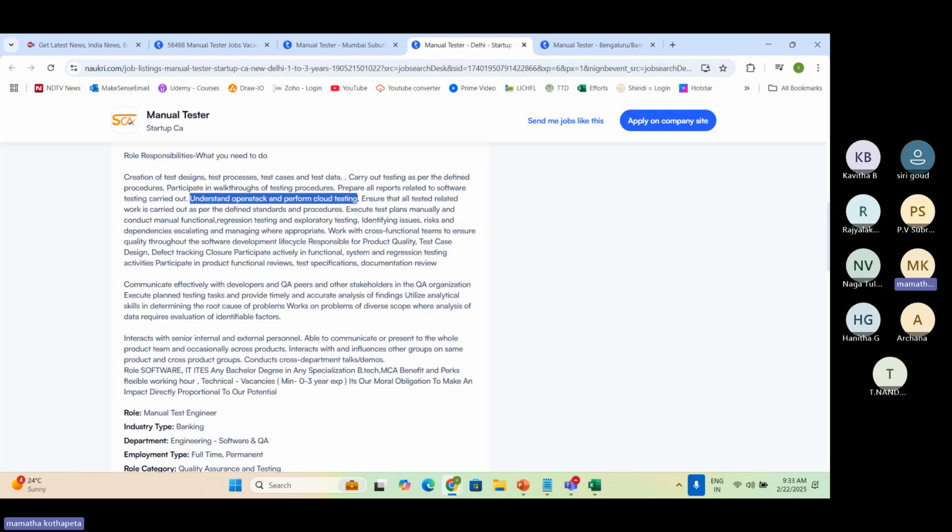understand OpenStack for some cloud testing, ensure the test cases. See, all work with cross-functional teams, ensure the quality in the software development life cycle, test case designing, closure, participate actively, functional, system, regression, participate in product functional reviews, test specification, documentation reviews. See here, QA peer reviews, stakeholders, communicate effectively with developers, execute the planned test cases, provide timely and accurate analysis findings, determining the root cause of the problems,